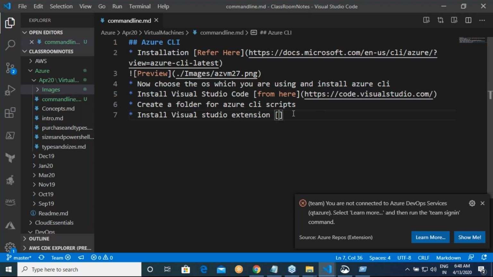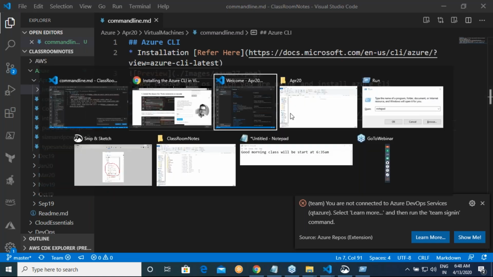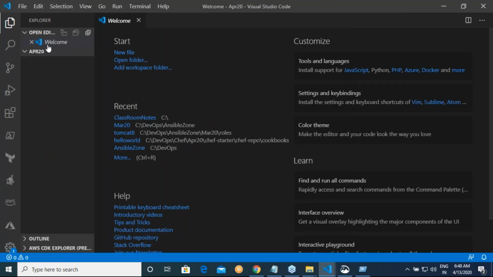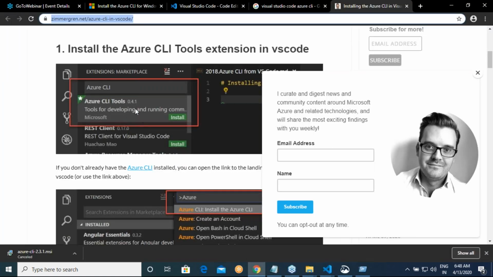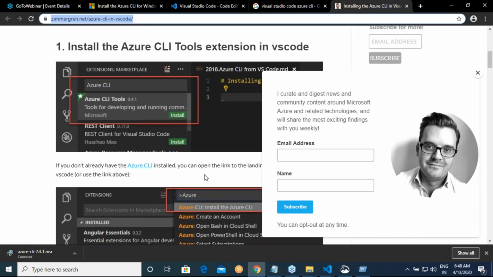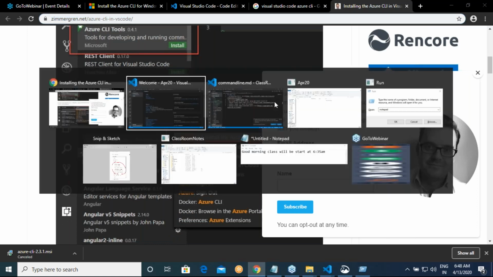Refer here. Here I have given the whole link. It will tell you how to do the installation and all of that stuff. But it is much easier.